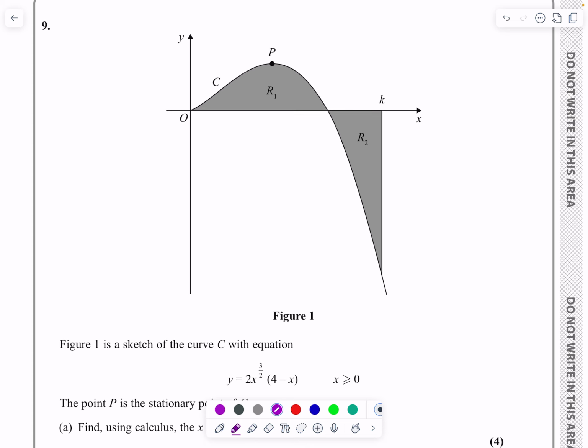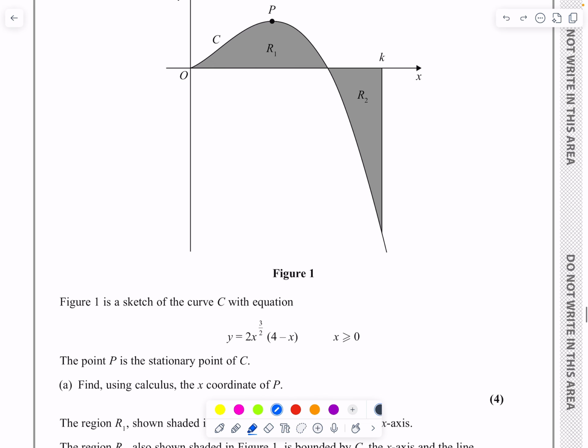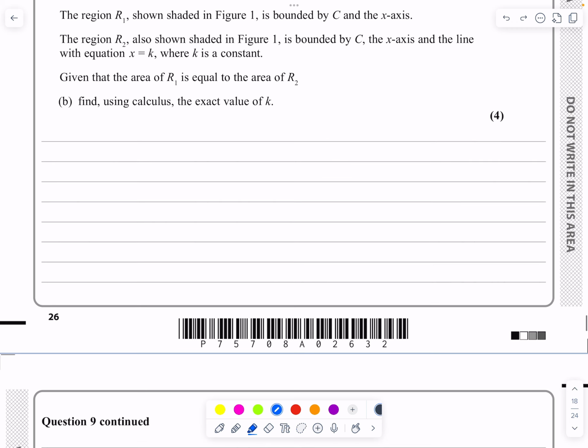It says figure 1 is a sketch of the curve with this rather strange equation here. And it says point P is the stationary point of C. Can we find the x coordinate of P? Well, yeah, certainly. The rest of it might be quite complicated, but that is certainly something we should be able to do relatively quickly. So we've got part A, we've got that this curve is y equals 2x to the power